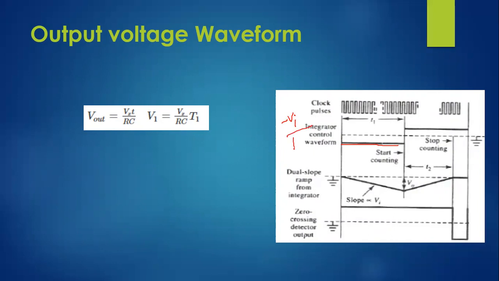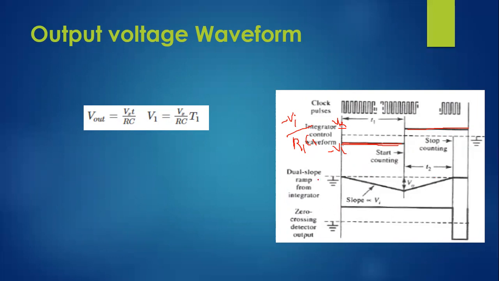Vi by R1C1. So if we consider R1C1 to be constant, it is proportional to minus VA. So we are showing it with a negative level. That is, this level is nothing but minus VA. After completion of this T1 period, this goes to the positive level, which is nothing but plus VR. At this level, the integrator will keep producing positive voltage till the completion of T2. So this interval is T2.